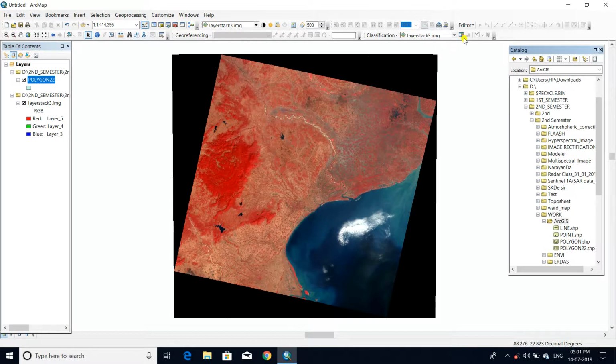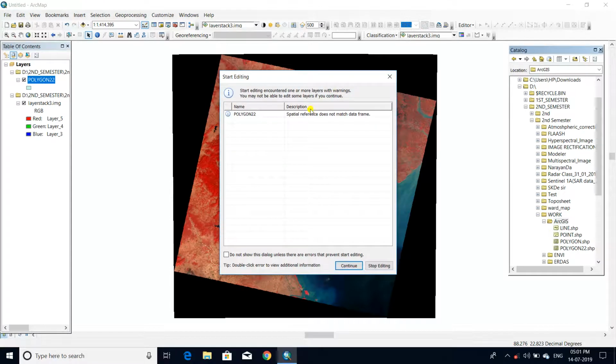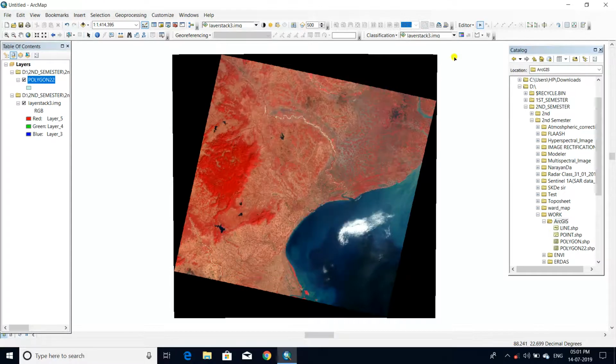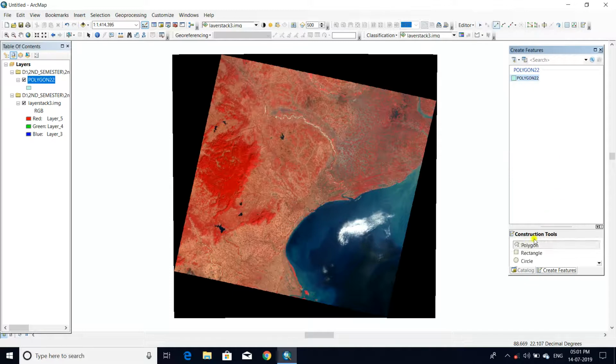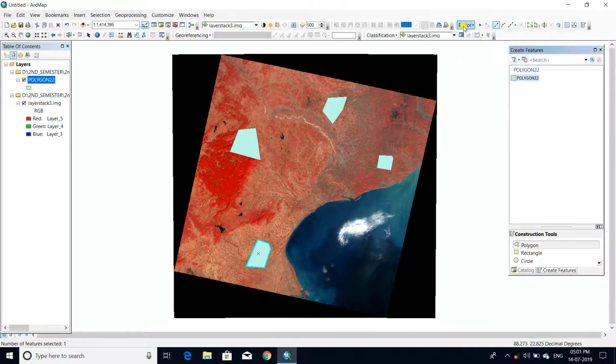Okay, editor, polygon. After cutting the polygon area,